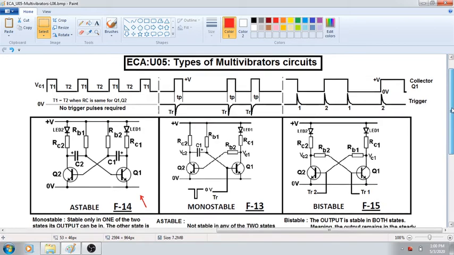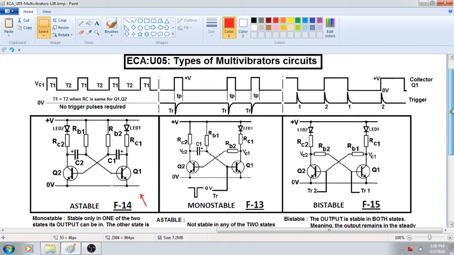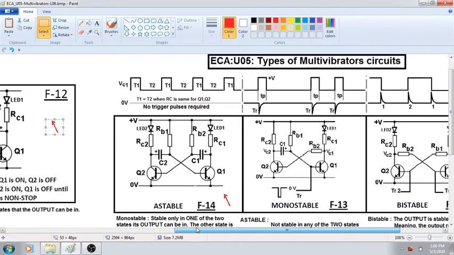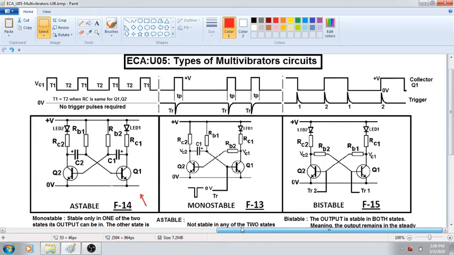I have put it in Paint like this. As I told you, I am more comfortable with Paint. Now here I have made 3 circuits. You can see from here to the left side, this is an astable multivibrator. Figure 14, the same figure we have seen, we are drawing one more time here. Now Figure 13 I kept here because astable I already introduced to you, so I just swapped it. Actually monostable should come first, you will tell me later. So monostable should come first, but I put it here. So astable, monostable and bistable.